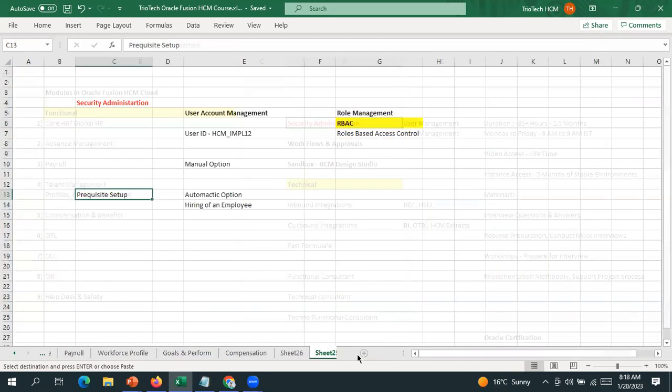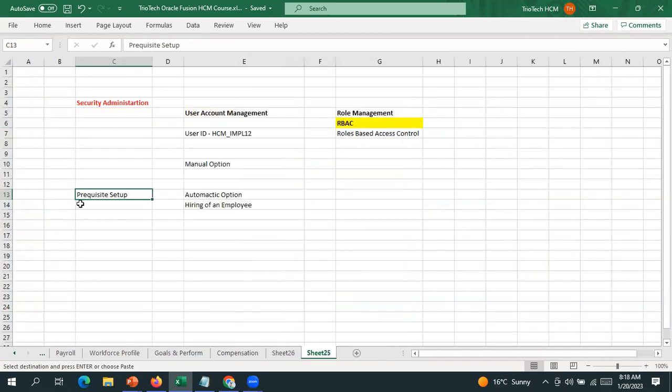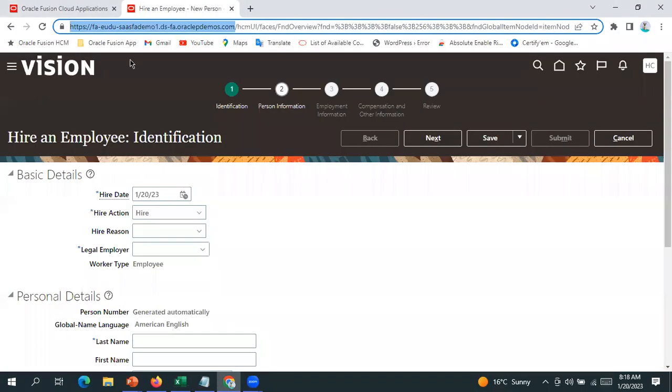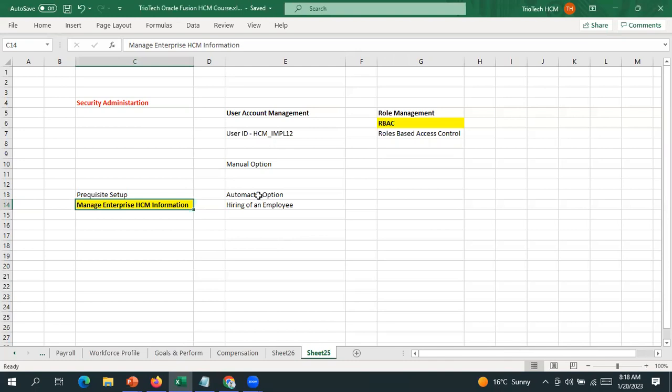We have a concept in the application called enterprise, that is part of our organization structure, team. At the enterprise level, when we are configuring the enterprise in the system, we have to enable that automatic user creation option. If that functionality is enabled in the system, then when you hire the employee, team, the system will automatically create the